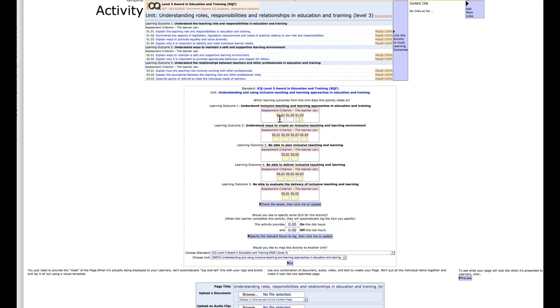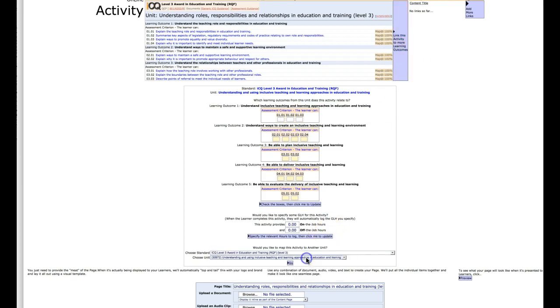It is possible, if you've got two pieces of evidence, if it was a be able to unit and you're going to do an observation and a witness testimony, that both of the activities might hit half of the unit, and therefore in that case you can put the number 50 if you wanted to do 2 assessment activities for the unit, or 25 if you wanted to do 4. The choice there would be your individual choice. I'm not going to do that for this